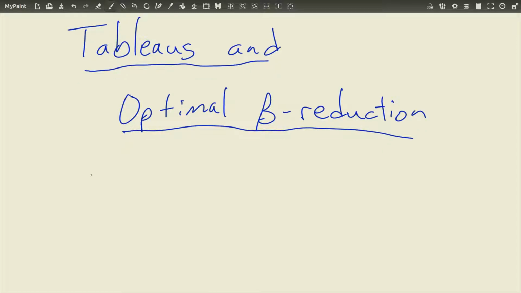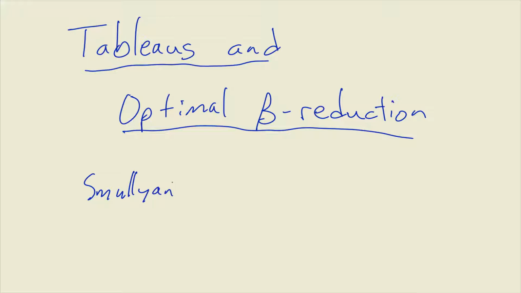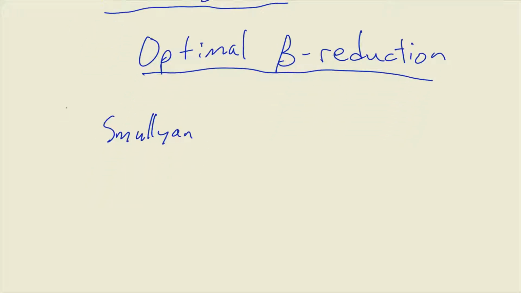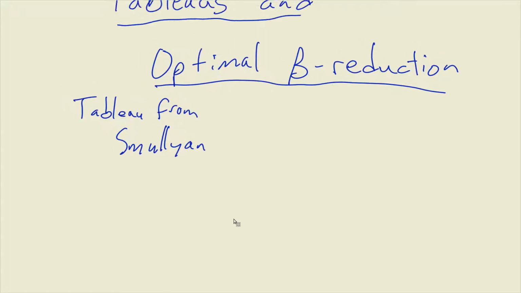So these were introduced by Smullyan. I actually noticed, by good luck, that I have the Smullyan book on first order logic on my shelf. I've never read it, but now I'm keen to read. And sure enough, his proof notation is tableau. So this idea of tableau is from Raymond Smullyan. And the basic idea